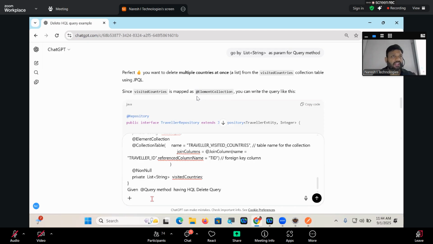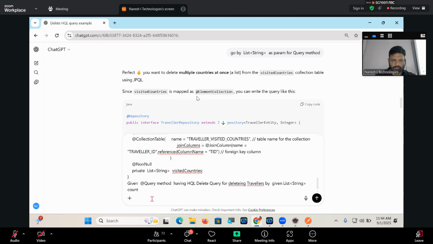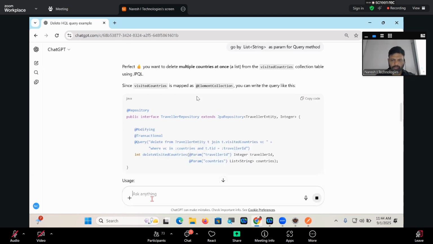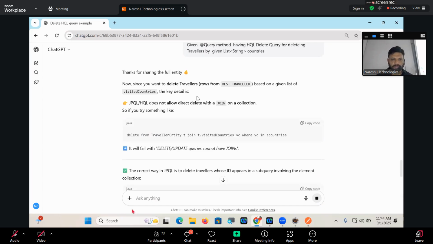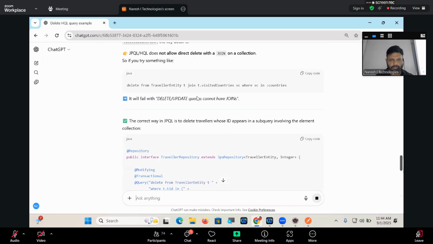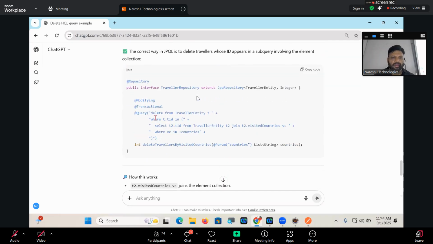Having HQL delete query for deleting travelers by given list string countries. Delete from traveler entity where t dot id,